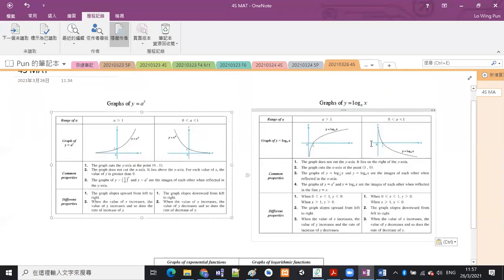Today we are going to talk about the graph of the log function, y equals log x base a. If the base is larger than 1, then it is like this. And if the base is between 0 and 1, then the graph of log x base a will be like